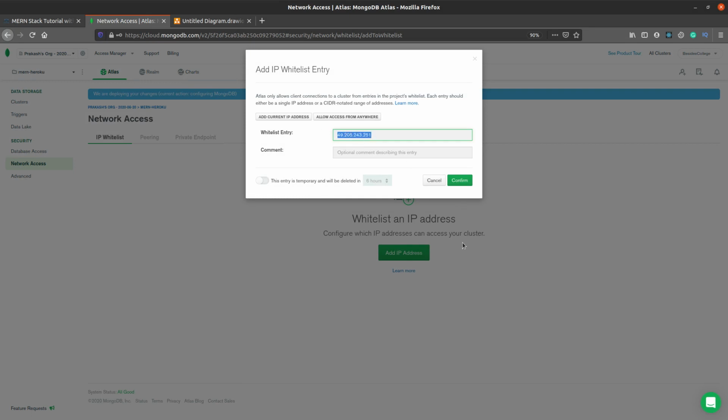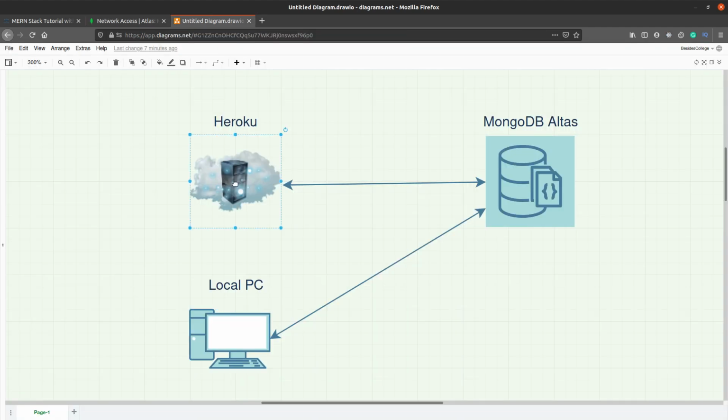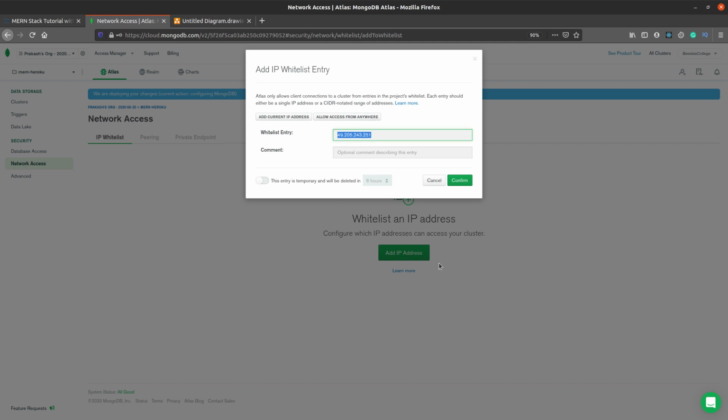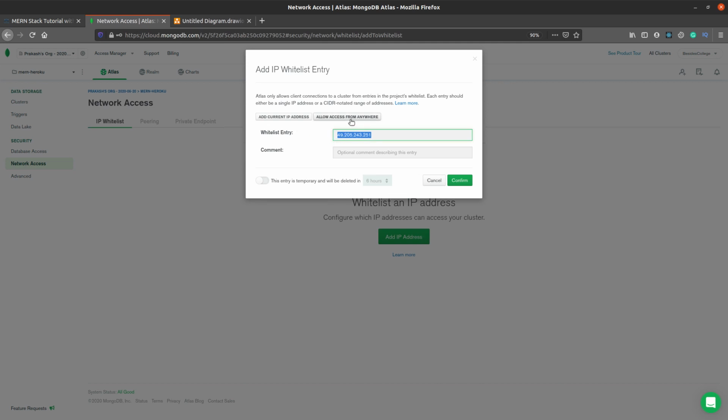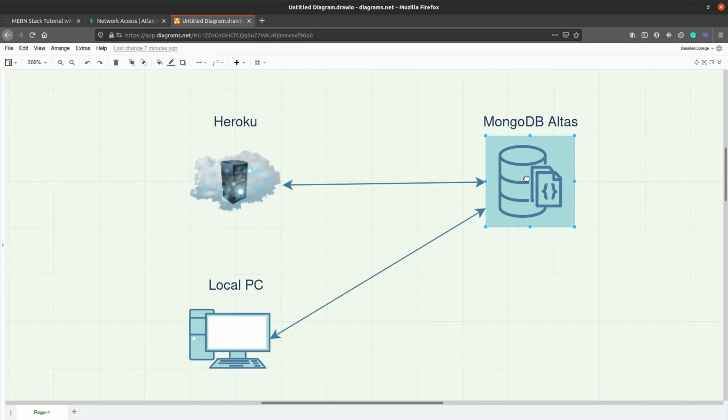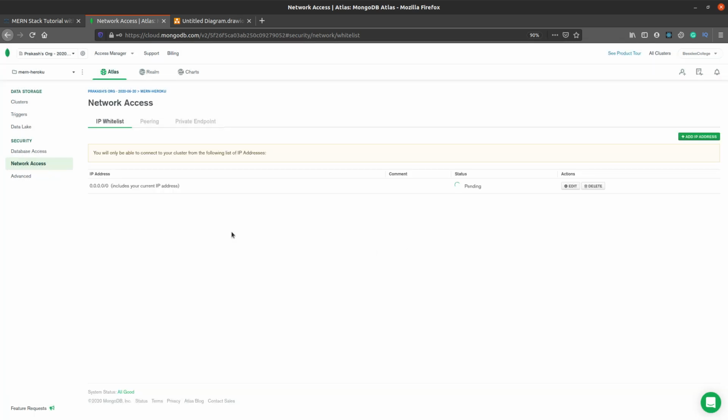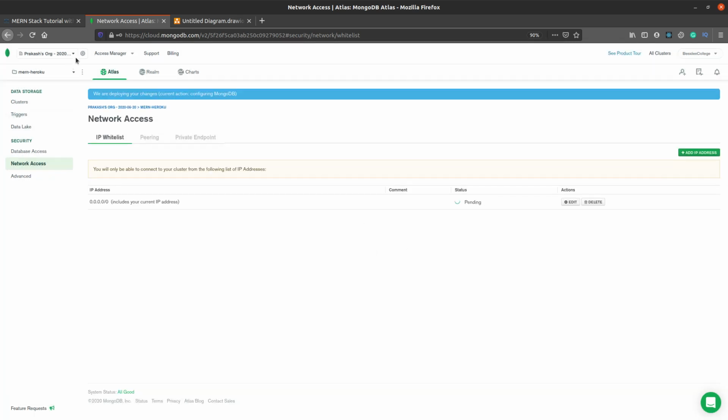Right now I can add this, and later I have to find out the IP after deployment into production finally, and then add that as well. So just for simplicity, I'm going to say allow access from anywhere, that is the entire universe. Okay, so with this, everybody will have access to this particular host if they have the username and password and the address of this particular machine. Okay, the address part we have not discussed yet, we will discuss that as well. So hit confirm. Okay, this will also take about 30 seconds to finish.